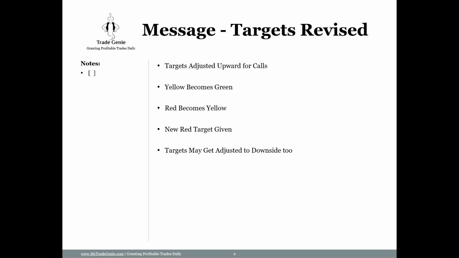So the target can also be adjusted to the downside when the trade gets stuck, or the overall market condition is not looking good, or we have a lot of open positions. So we say, okay, we need to revise the target. Another reason could be that the stock got stuck in some kind of resistance. When the stock is getting stuck in a resistance, the targets are lowered because we just want to get out. It's like a downgrade and upgrade situation by the analyst. So when targets are revised, I send out an alert saying targets are revised, and then you can see the revised target.